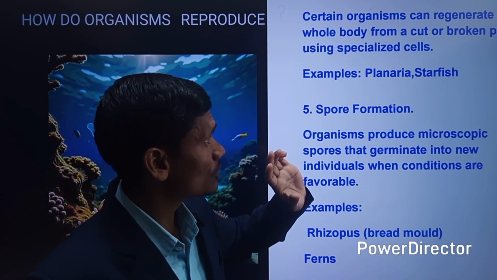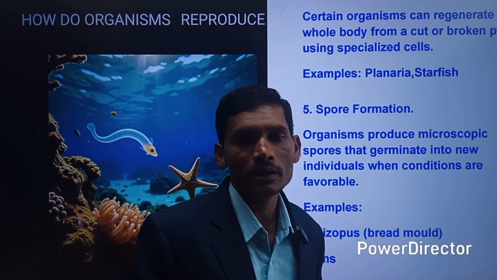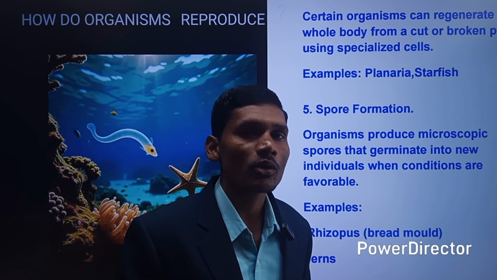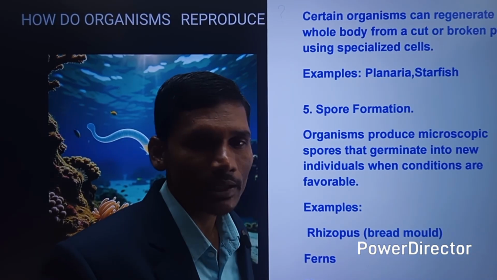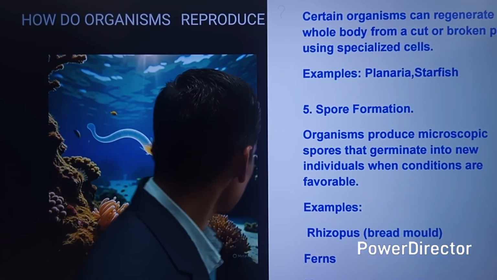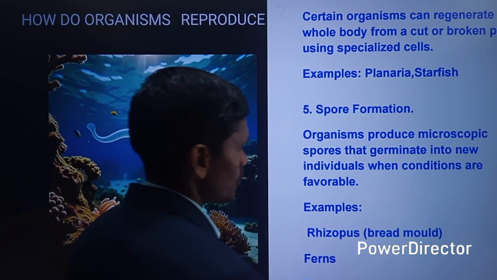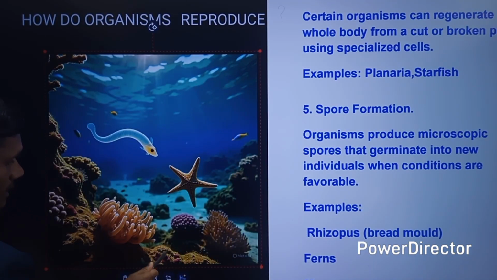Next, coming to spore formation. Planaria, starfish over, okay. Spore formation, what happens here? You might have seen bread mold with hair-like structures. Those are called hyphae, and its name is Rhizopus. The picture of Rhizopus is not drawn here. If you come to this hyphae or Rhizopus,